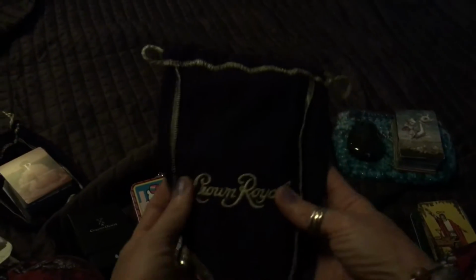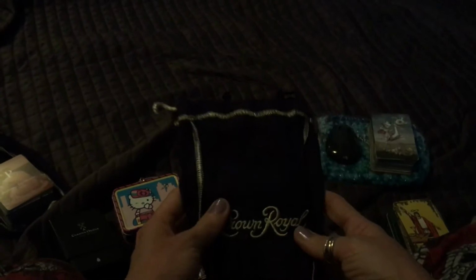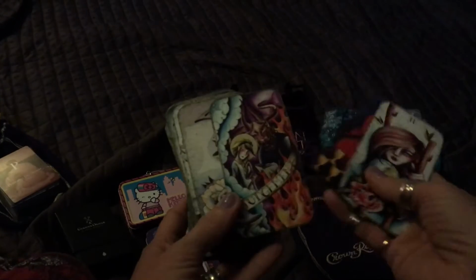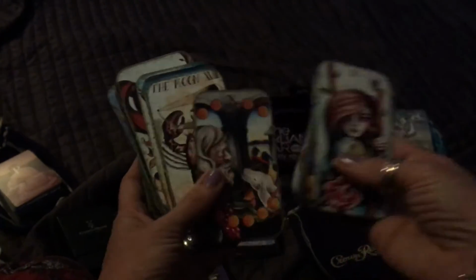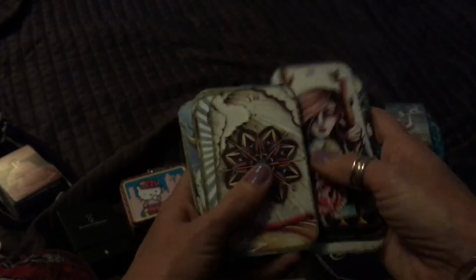I just found out recently that you could get little Crown Royal bags. All you have to do is buy little bottles of Crown Royal. So it holds my go-to deck right now that I take with me everywhere. This is 78 cards by 8 coins. And I'm very happy to have learned that she's reissuing it because I think everyone should have a chance to